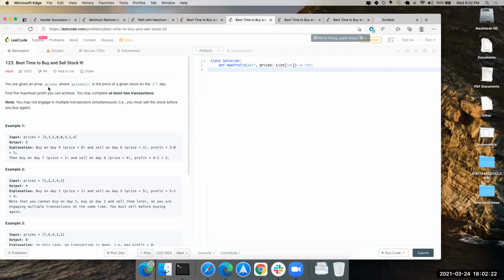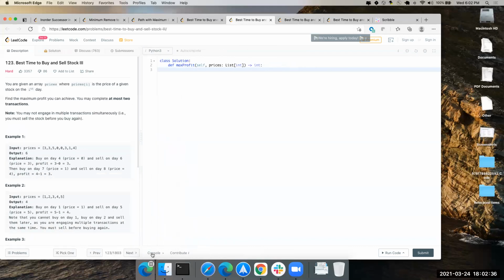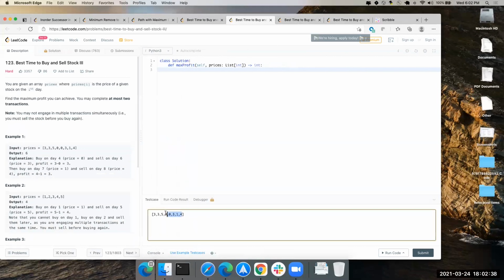The reason they gave at most 2 is because there could have been just one transaction, like the input is just 1, 5. It is just one transaction. So at most 2 makes sense if you allow less than 2 transactions, right? Equal to 2 means basically your input must allow for 2 transactions.